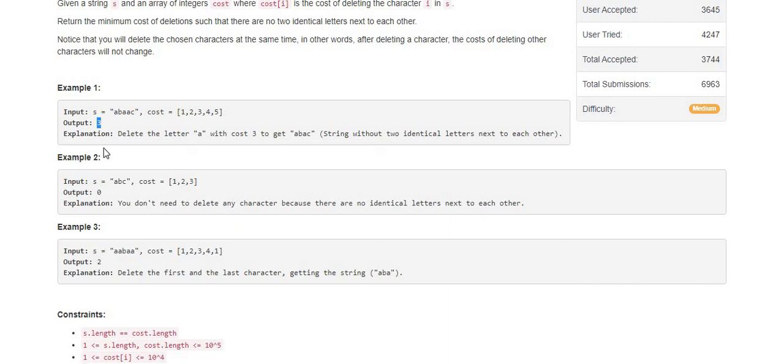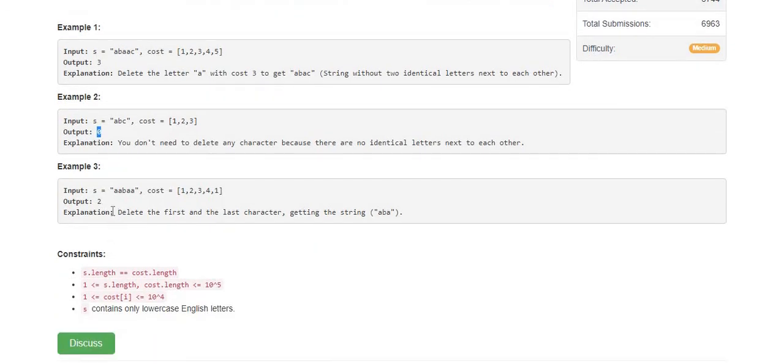Now in example 2, I don't see any repetitive adjacent characters, so in that case my cost is 0. Okay, now coming to the third example, here initially I have AA, and the ending is also AA.